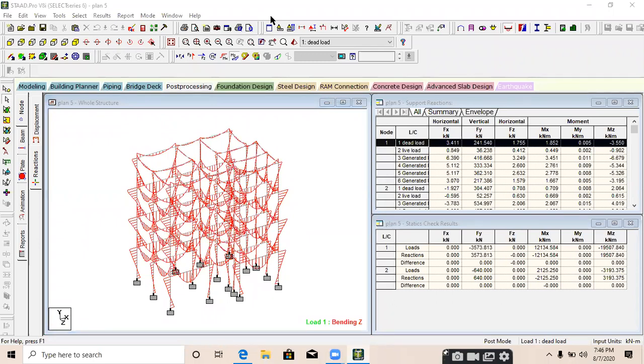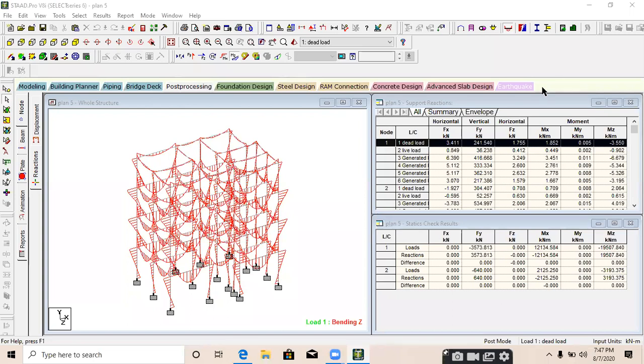Sir, when will we be able to see the reinforcement detail of a particular beam? We will do it, Richard. Don't worry. First, we are learning how we can apply the actual loads. When the loads are applied on a building, then we will design. When our actual analysis will come to us. Okay. Now, two types of load are left. First one is wind load and seismic load. When we assign all the loads, live load, dead load, wind load, and seismic load, after that we will do it.